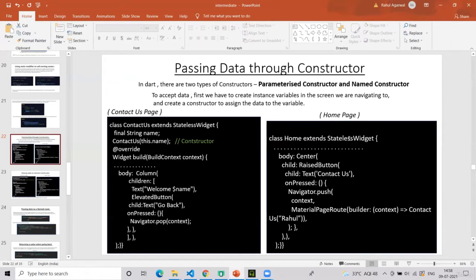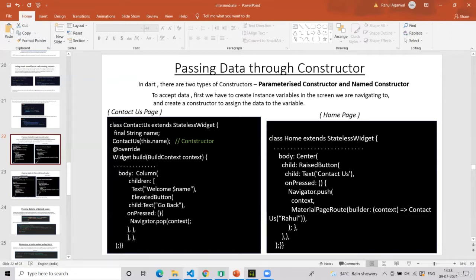As we already know, there are two types of constructor: parameterized constructor and named constructor. So to accept data, first we have to create an instance variable in the screen we are navigating to, that is the second screen, and create a constructor in that screen which accepts and assigns the value to the instance variable.